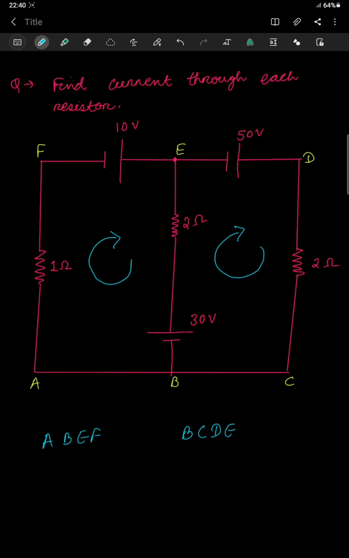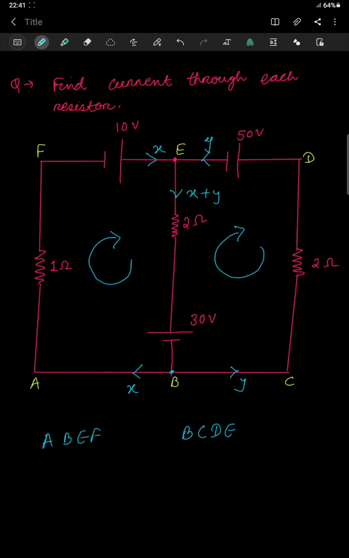Now, in order to calculate the current, let us assume that in this branch the current is X. I don't know what the direction should be, I've just assumed it. In this branch it is Y, and both will meet at point E, and the current entering here is X plus Y. Again it gets detached from here: the current X will go here, and the current Y will go here. So we have given the currents in each branch, and we have also shown in what direction we should move.